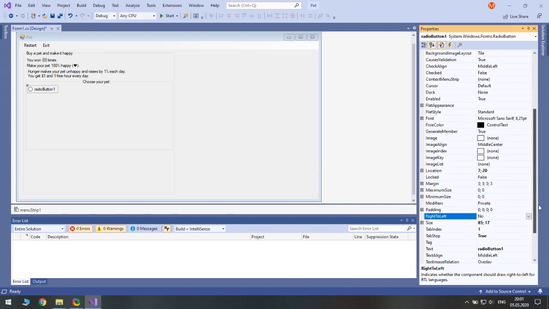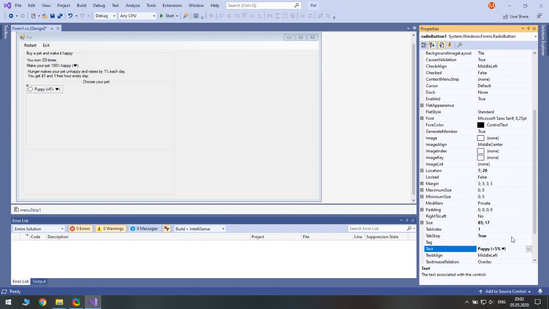Well, maybe 4, no, 5 pets. And I guess the basic pet should be puppy. That's right. So puppy will have a bonus, like plus 5% happiness. Again, the heart.